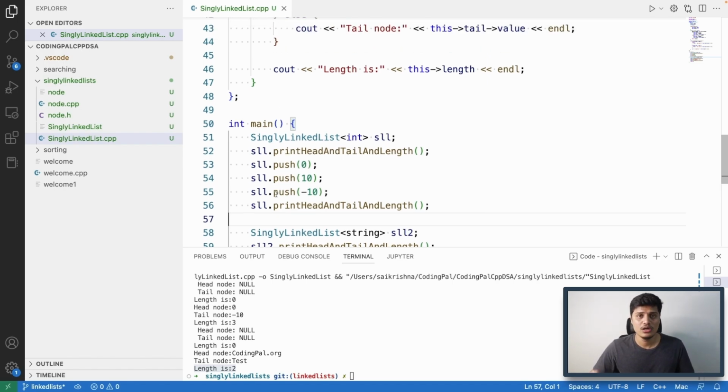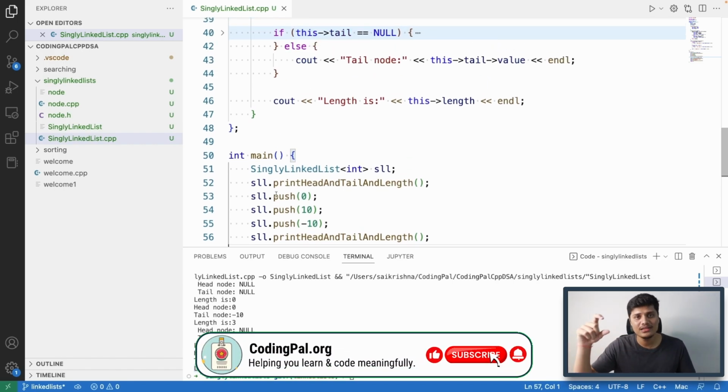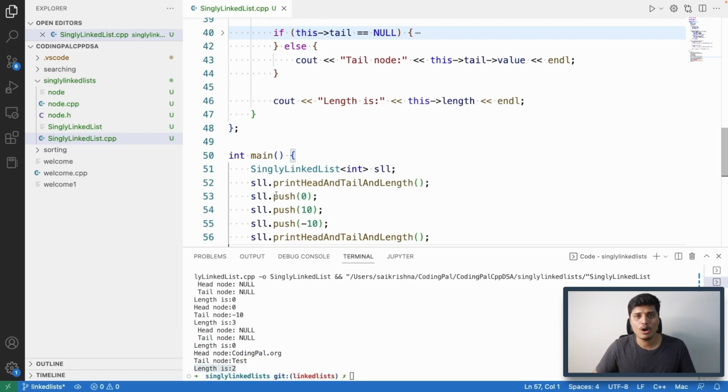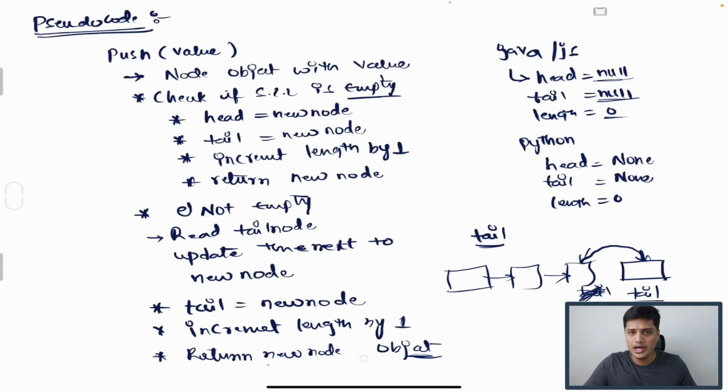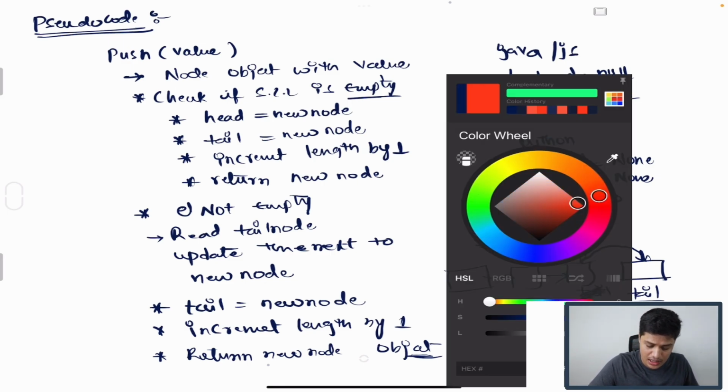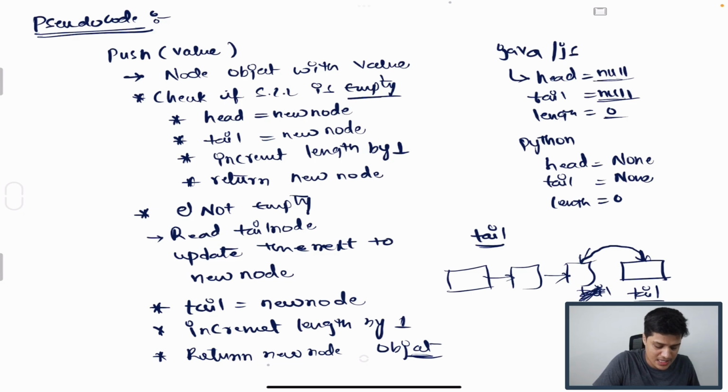In the next video, now that we have added one value at the end, let's try to understand how we can remove the value from the end, which is nothing but pop operation on the singly linked list. Alright, now we have written the programmatic implementation of push functionality as well, right? Now let's just try to understand the time complexity and space complexity involved in performing the push functionality on a